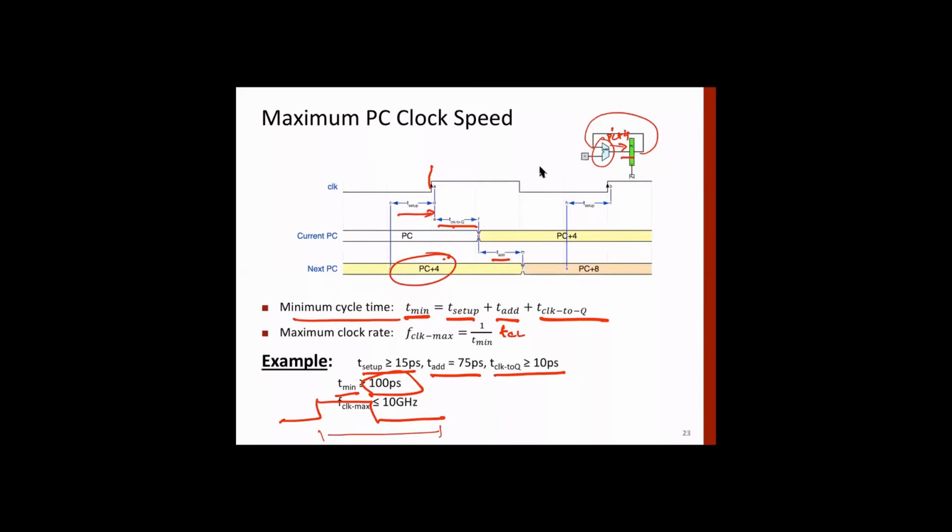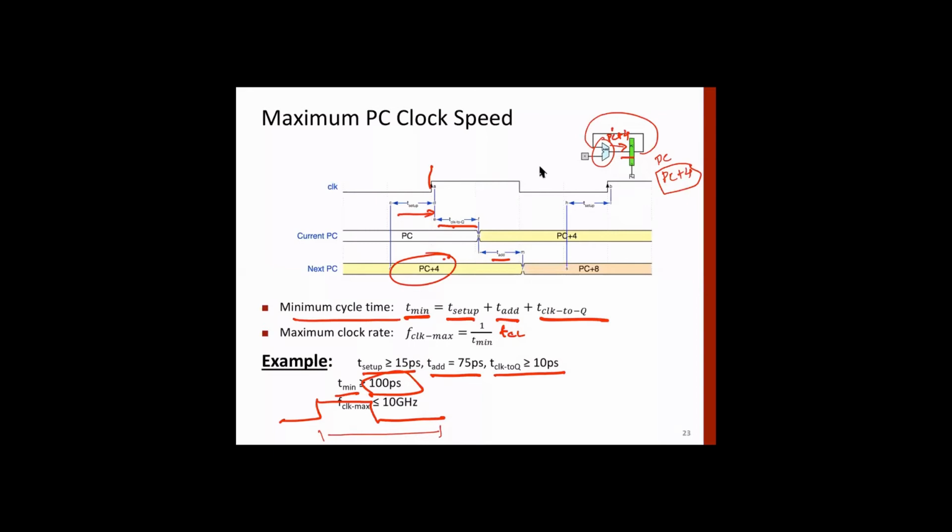Sir, can you explain one more? Actually, sir, the PC+4 part is actually the next PC. Yeah. Okay, you just think in terms of PC being added by 4. So this is the previous value you consider, right? Because you will always get confused between PC and PC+4. So PC+4 at any point in time is the previous value of PC plus 4.